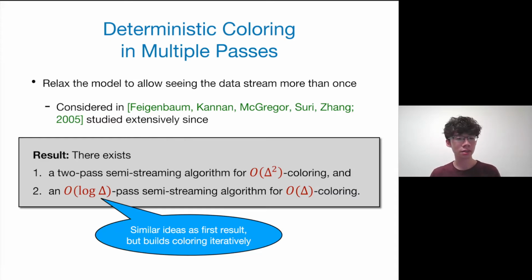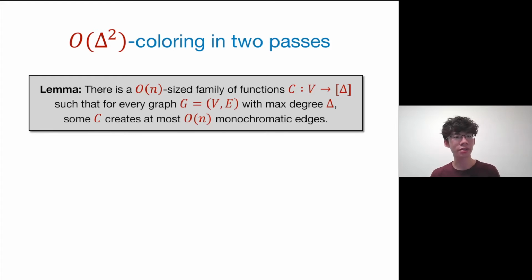So as promised, I'll now show you how to get the delta squared coloring in 2 passes. The algorithm relies on a lemma. This lemma says that there's an O(n)-sized family of coloring functions, so that for every graph, one of these coloring functions creates at most O(n) monochromatic edges. The proof of this lemma is just the probabilistic method. I didn't want to go through it here, but I wanted to show you how to use this lemma to